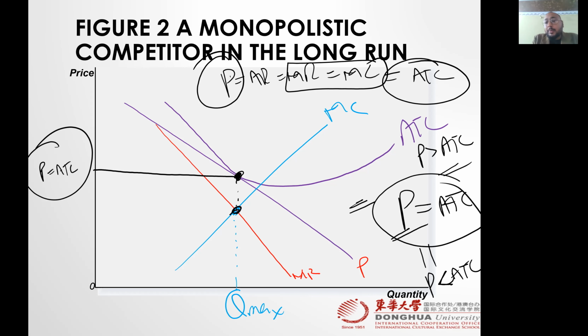Why? Because MC is equal to MR is here, which is less than this condition. So it means we have to live with some kind of inefficiencies in the market. So we'll talk about it in our coming slides. So let's just see